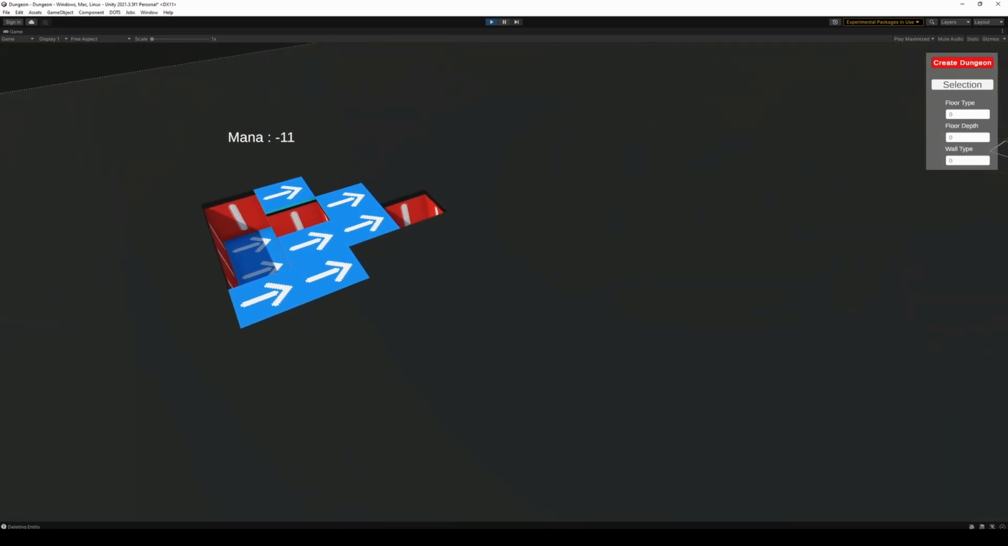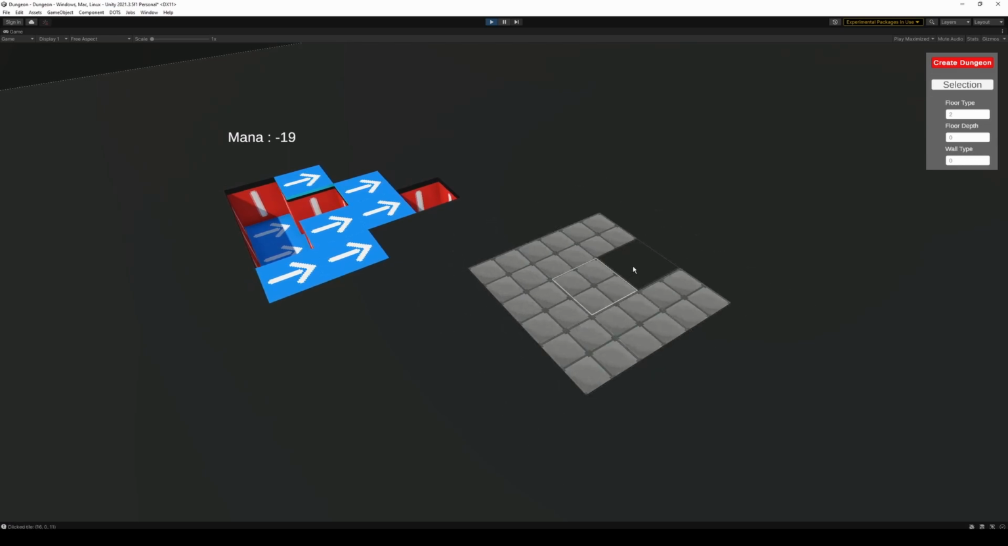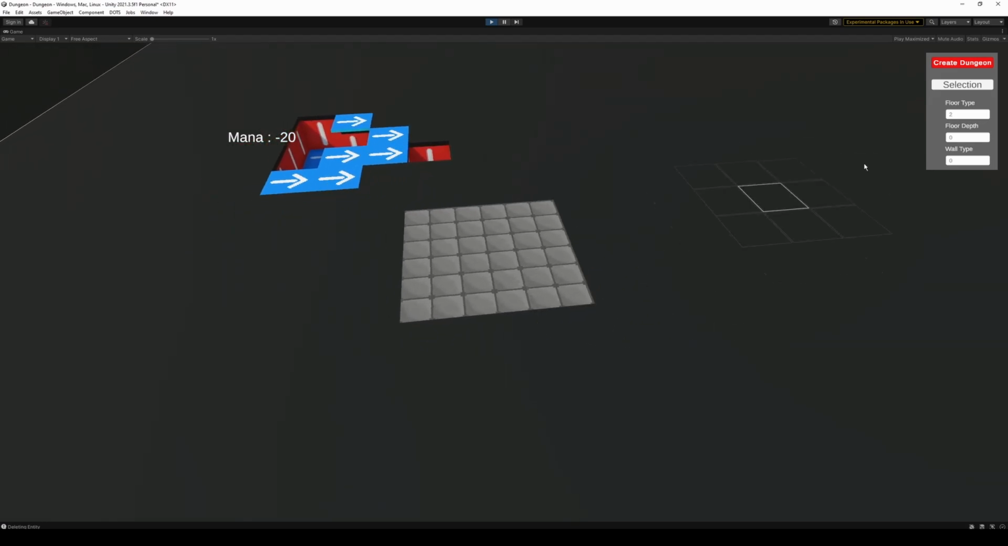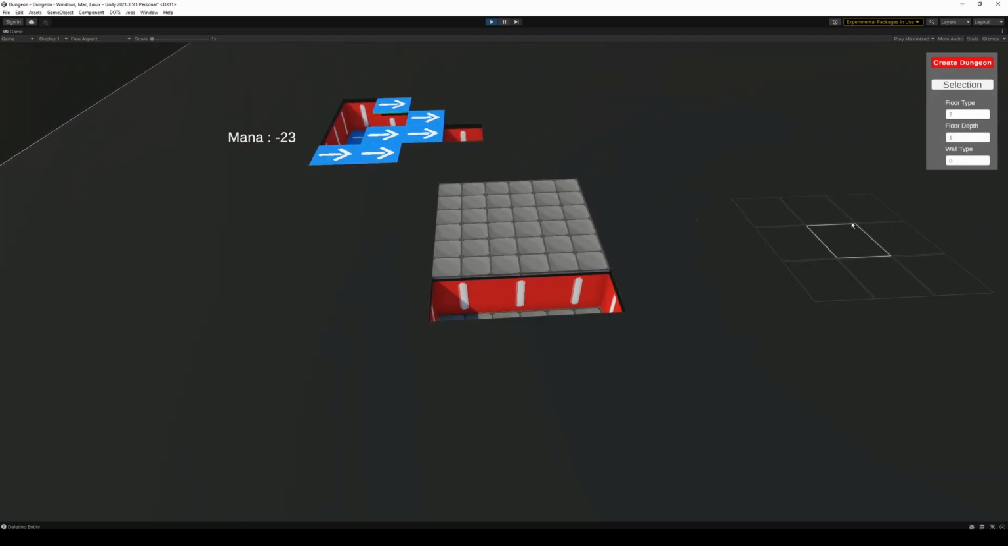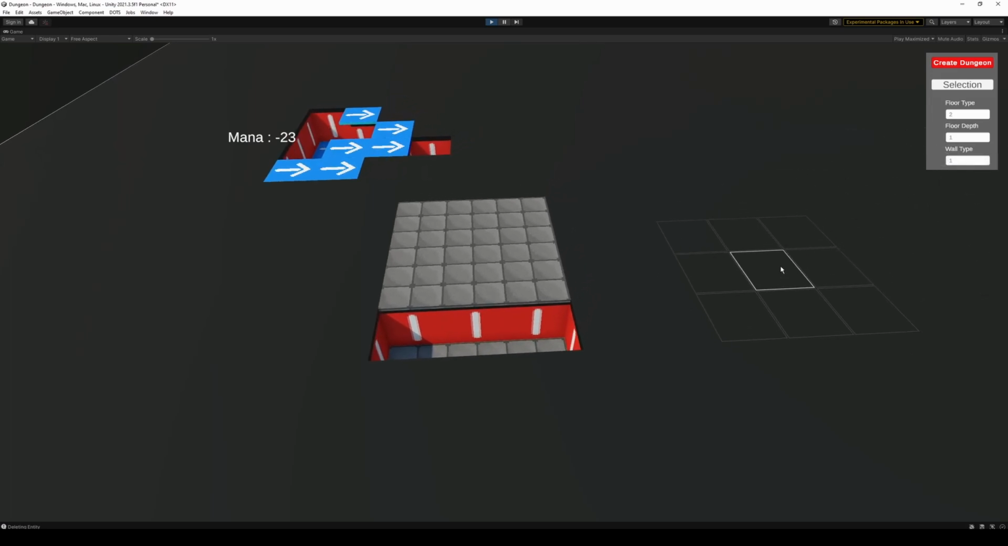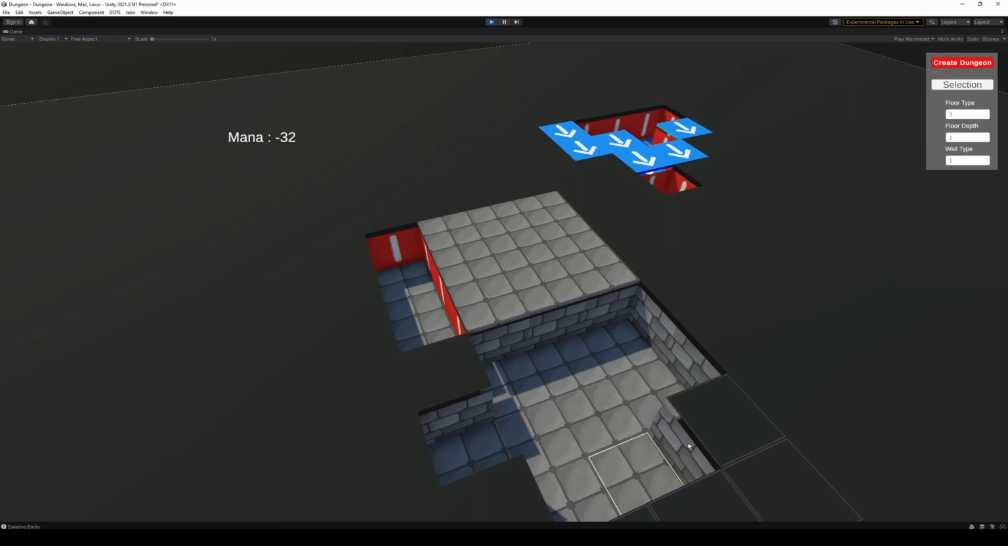Let's try the proper one. So floor type 2. Is that the right one? Yep. Okay, so let's place some stone tiles. Ooh. Something's going on there. I'll have to investigate that. And then if we change the depth, wall type. Yeah, okay, so apparently